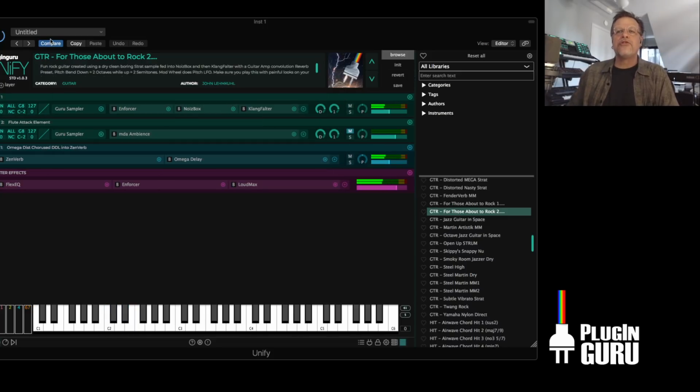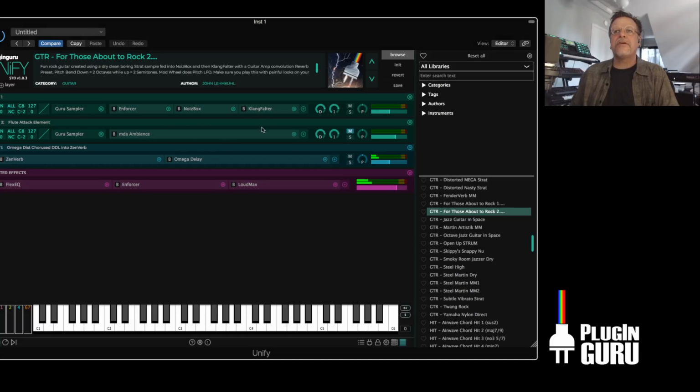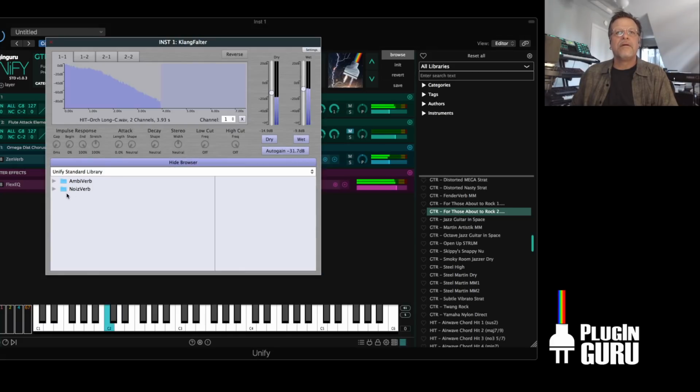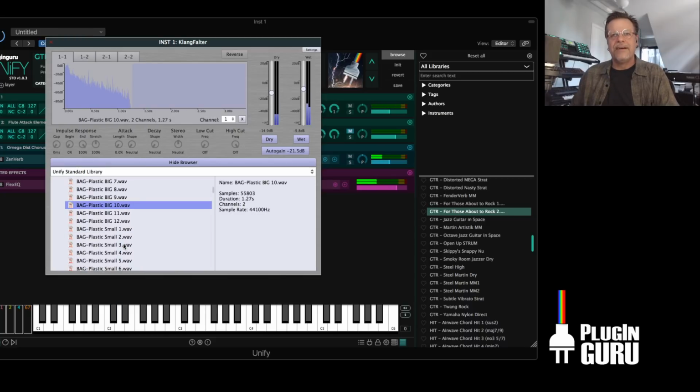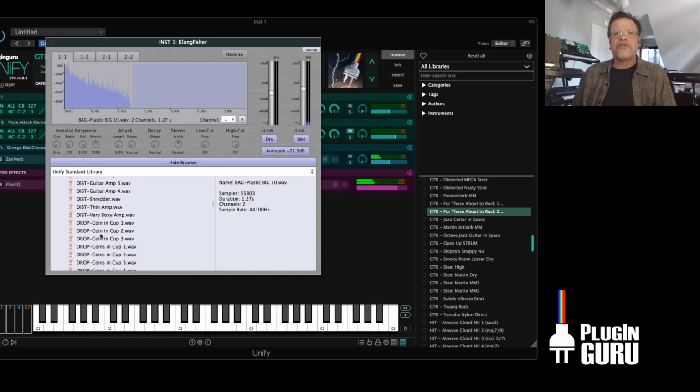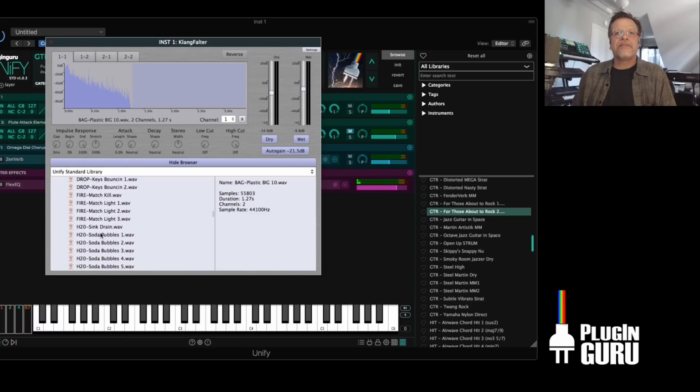So now the convolution reverbs and these different things here, plastic bags. And the distortion going on top. There's so many places to play. It's just really wonderful. So if you go back down here to these hits,